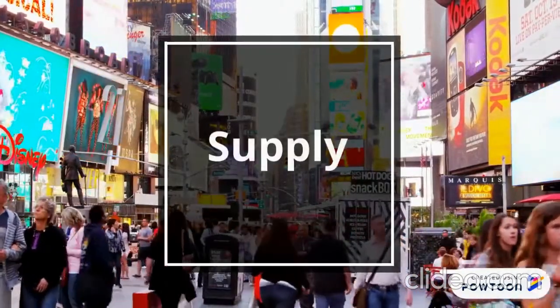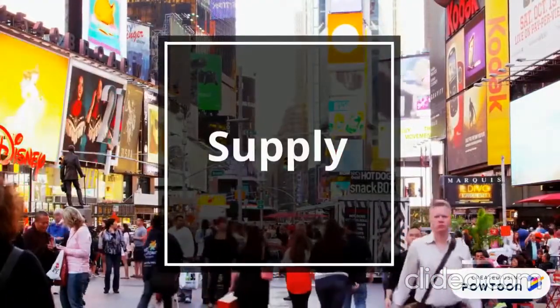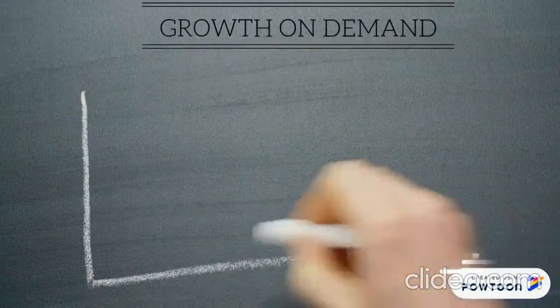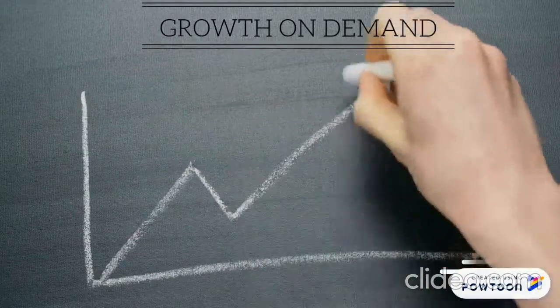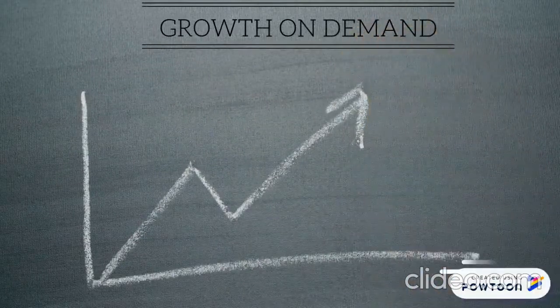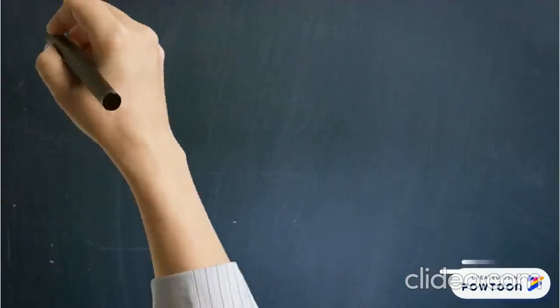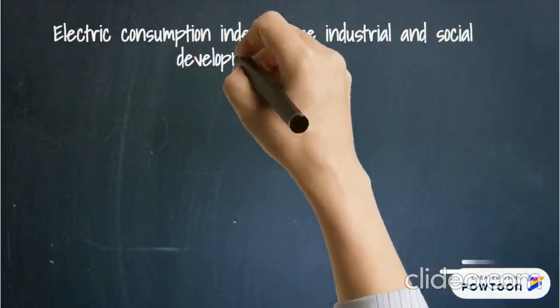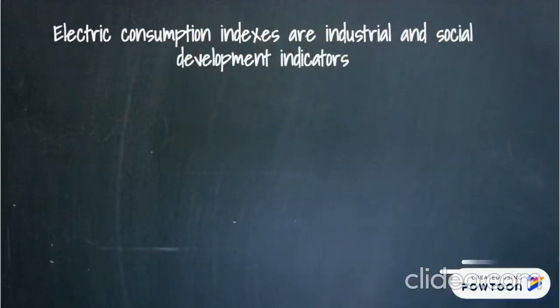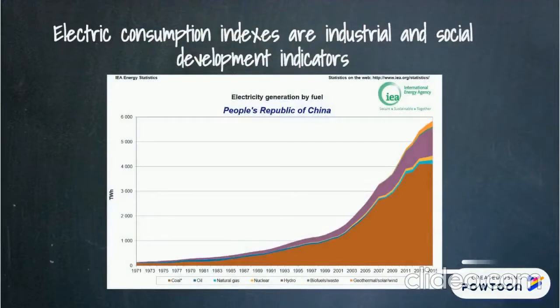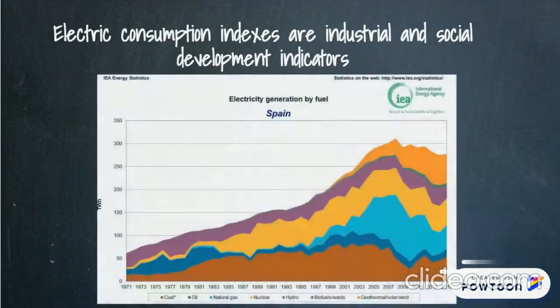Supplying the demand. Along the last decades, electric supply demand has suffered a sustained and pronounced growth. Electric consumption indexes are industrial and social development indicators. For example, here we have the chart of China, which shows a huge growth on electric generation, which is mainly generated by fossil fuels. In the case of Spain, we can see that the generation was growing until 2007, when